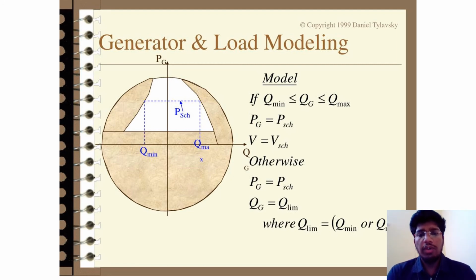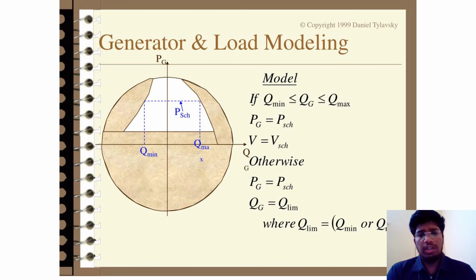If Q minimum is less than or equal to Qg is less than or equal to Qmax, then this condition applies for Pg equal to Psch, which means the average power between Q minimum and Q maximum, which is charge minimum and charge maximum. Otherwise, Pg equal to